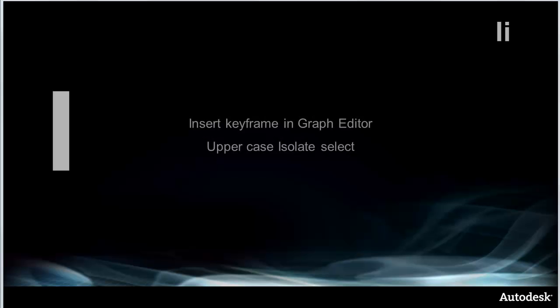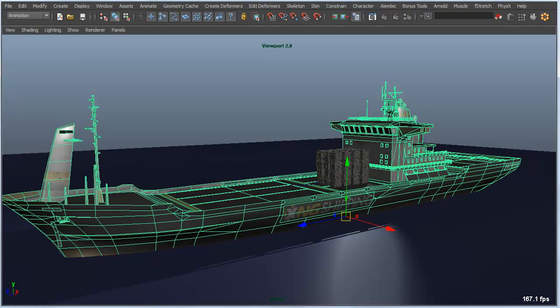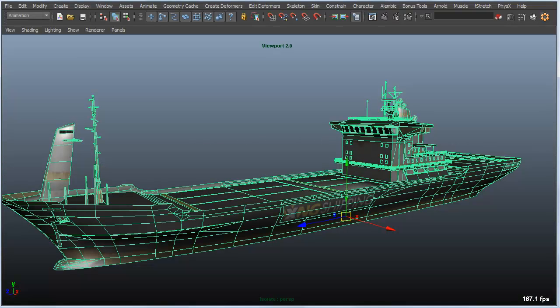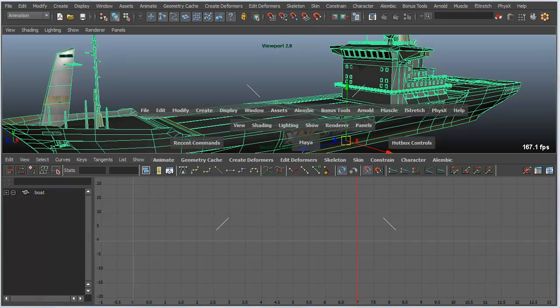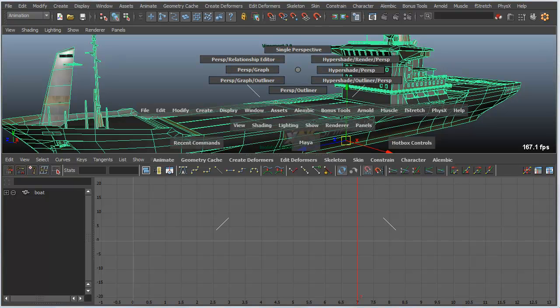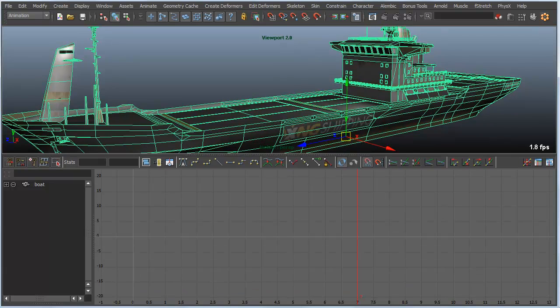What I'm going to do next is actually use I along with J and K to illustrate an example of just setting some keyframes on our ship. So we'll go back and hit Shift I to isolate select our ship, and I'm going to bring up the graph editor just by holding the hotbox down and going to the north marquee menu and dividing my panels up into a perspective and graph layout. I'm going to hit Shift M to turn off my panel menus,